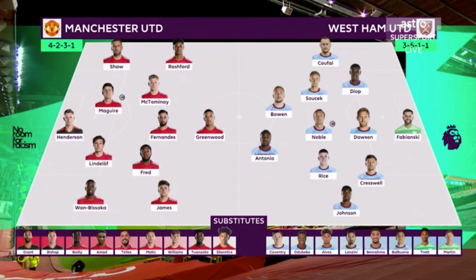So going into the game, Solskjaer lined up his side in a 4-2-3-1 system with Henderson in goal, Lindelof and Maguire the centre-backs, Wan-Bissaka starting at right-back, Shaw at left-back with Fred and McTominay playing in the midfield double pivot, with Fernandes sitting in front of them, Rashford starting from the left flank, Daniel James from the right, and Greenwood